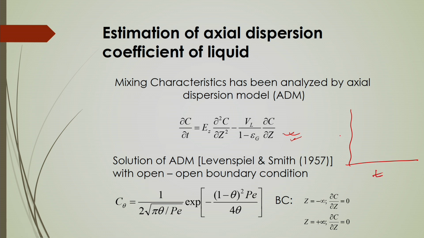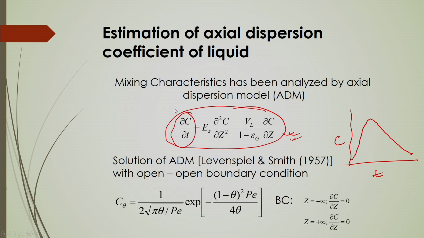If you plot this concentration of tracer versus time, you can have this type of profile. Now, this profile can be predicted by a certain model, not just by a stochastic model, but from the basic material balance. That material balance will give you the ultimate model equation. It is called the axial dispersion model. Now, based on this axial dispersion model, you are getting how this concentration will be changing with respect to time, and also parallelly if there is a flow, then according to that flow how this concentration will be changing axially, and this is the diffusion of the concentration.